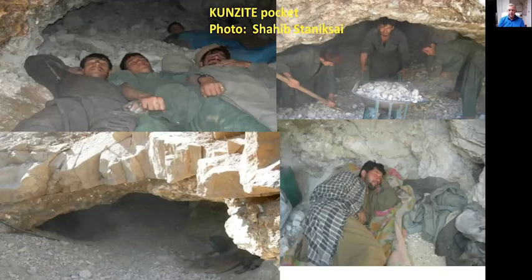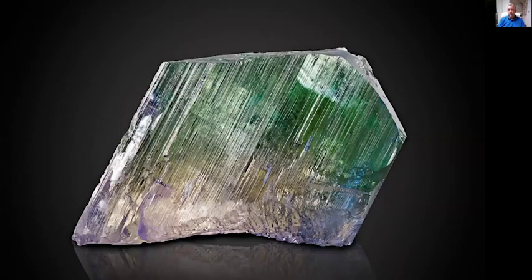And here are miners sleeping in a kunzite mine. Now you see what they shovel in the cart. Even among the spodumene, usually it's just a few percent that is gem quality. Sometimes a rare pocket will produce a huge percentage of gem quality. In general, when you mine gemstones,